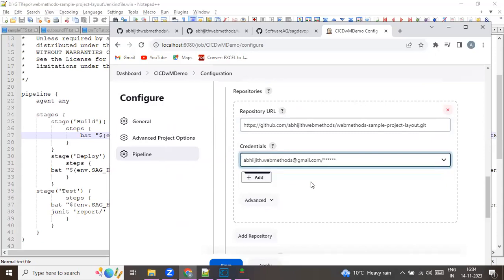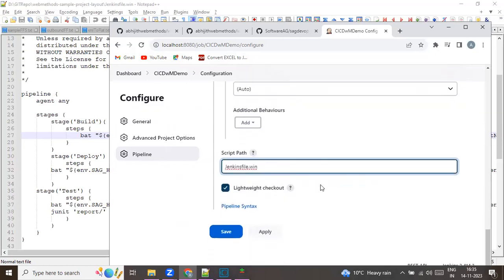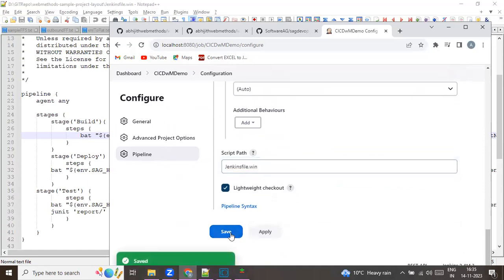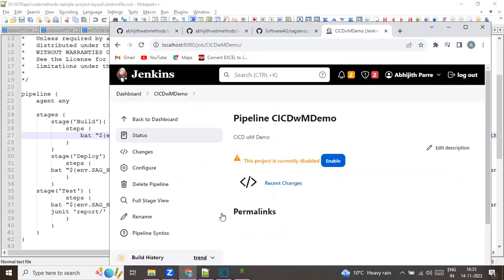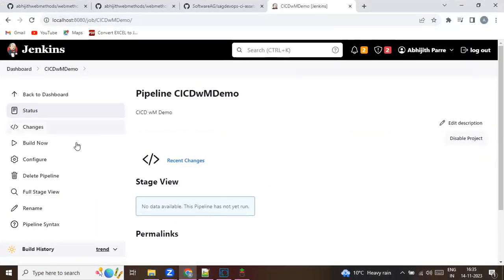Click this, and I'll give the Jenkins a script path, which is a win file. Click apply, save. So now we have configured everything. So, moment of truth now. What you need to do is click on this build now,